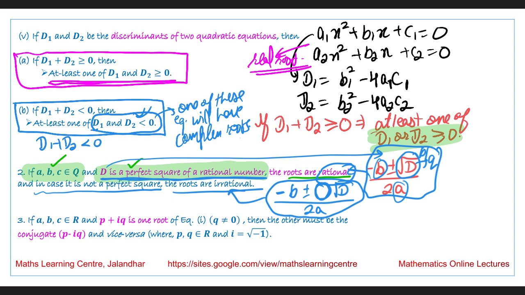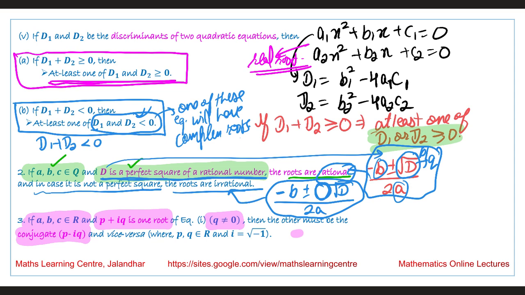And this last result tells us that if a, b and c are real numbers, and p plus iota q is one root where q is not equal to 0, then the other root must be p minus iota q. That is, the roots of the quadratic equation occur as conjugate pairs. So this is also clear from the formula. We are saying that one root will be minus b